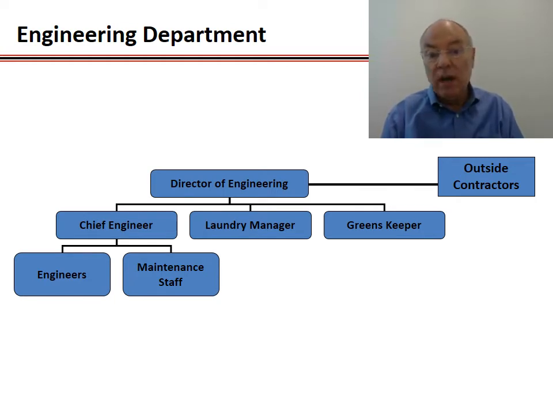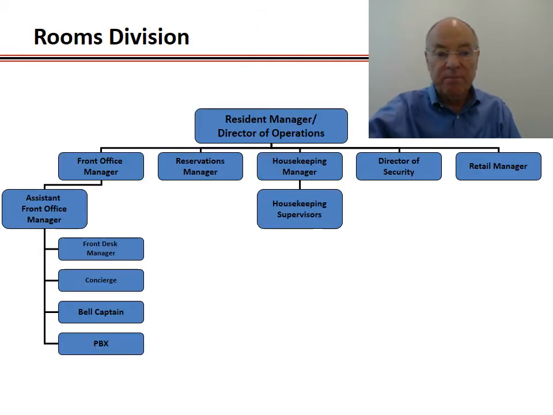But you also have an inside laundry, an internal laundry. We'll talk more about the laundry aspect later. That typically reports to the director of engineering, although it's a housekeeping function in many ways because it's so much equipment oriented. They have to be involved in that. A greenskeeper for golf courses and so on would report to the director of engineering. We won't spend a lot of time on this because it's not a career path that I expect any of you to ever pursue, but it's something that you'll need to understand if you're going to be a general manager somewhere down the road. Rooms division.